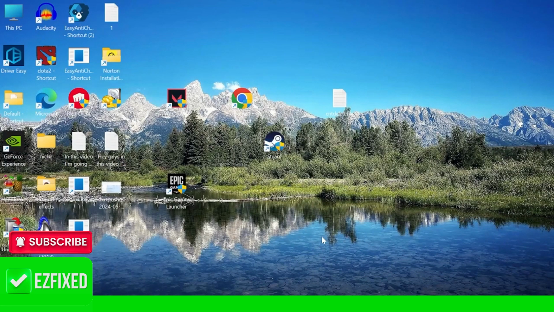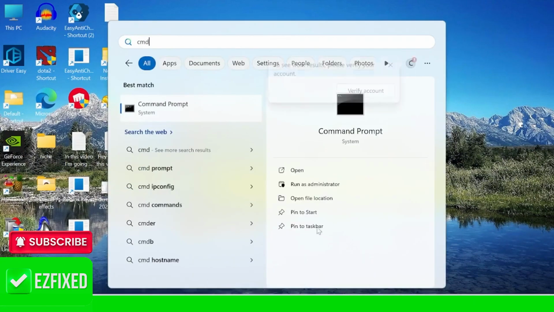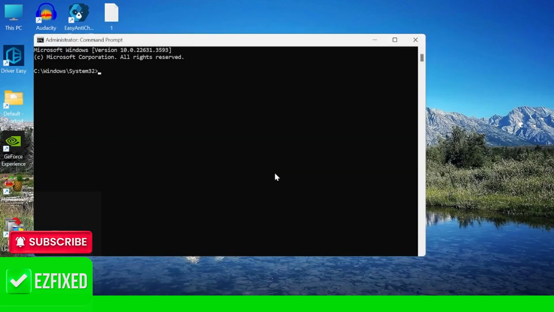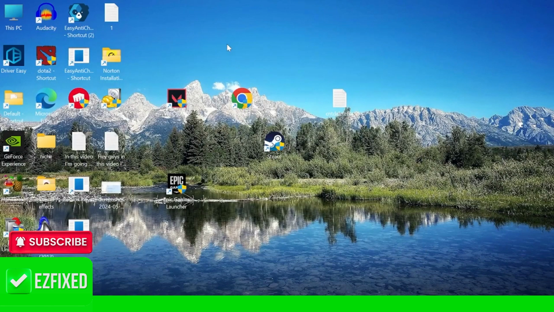Then the next thing we're going to do is clear our network cache. And this is a really awesome step as it can help improve page speed load times and just overall speed up your internet connection. We can do this by heading to the Start menu and searching for CMD, then right-click on the command prompt and make sure to run as administrator. Inside of here, you just need to type in the following command: ipconfig /flushdns, and then hit enter. You can then head out of the command prompt window, and now is also a good time to clear any